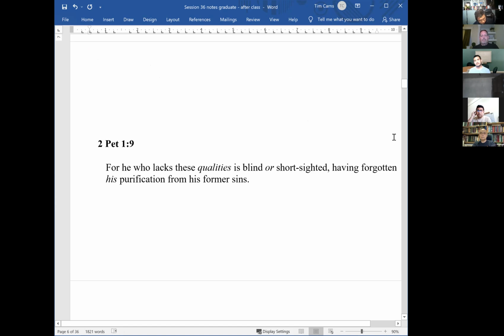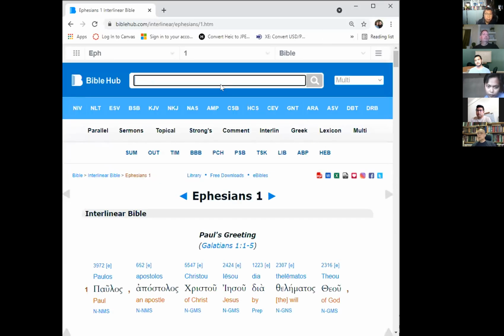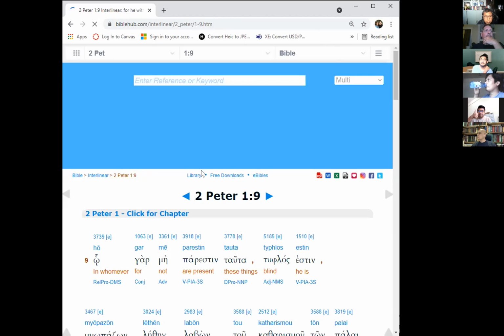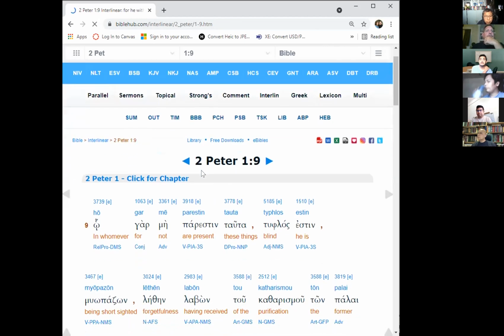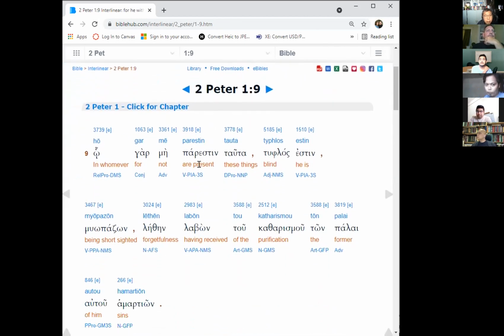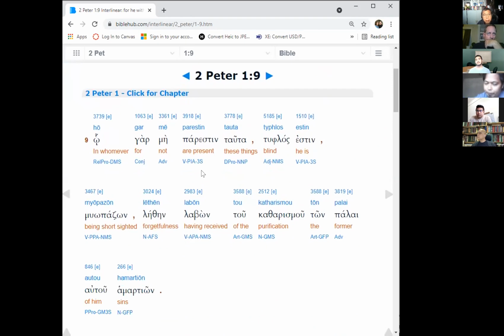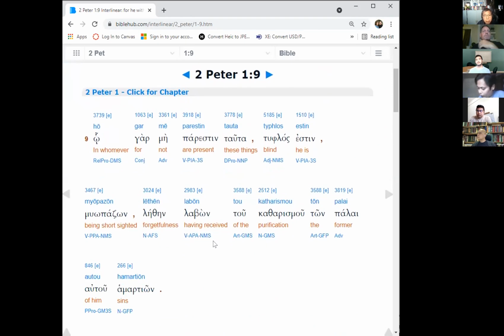All right. Here's one, 2 Peter, and maybe what I should do is take us to interlinear. This is 2 Peter 1. Can you guys see the interlinear here from Bible Hub on your screen? All right. Okay, so